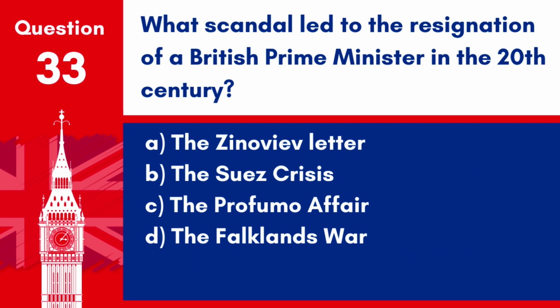Question 33. What scandal led to the resignation of a British Prime Minister in the 20th century? A. The Zinoviev letter. B. The Suez crisis. C. The Profumo affair. D. The Falklands War. Answer: C. The Profumo affair. This scandal in 1963, involving Secretary of State for War John Profumo, ultimately led to the resignation of Prime Minister